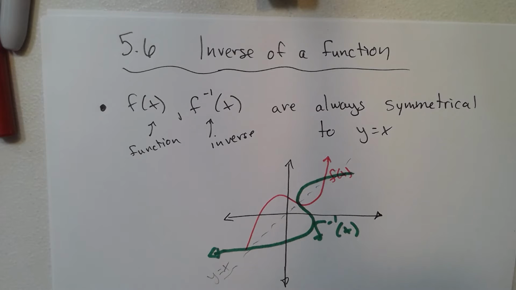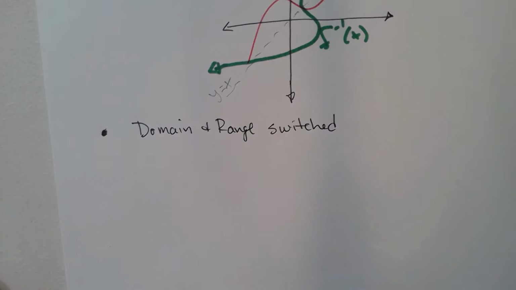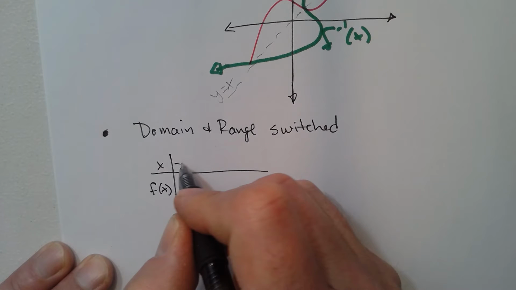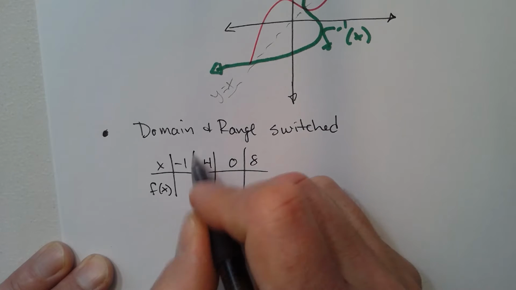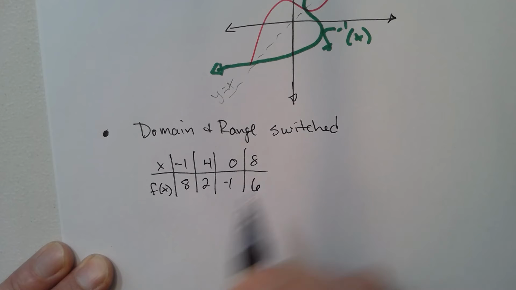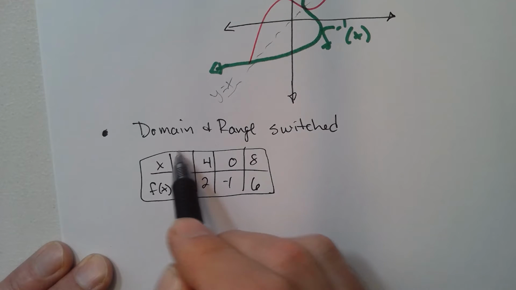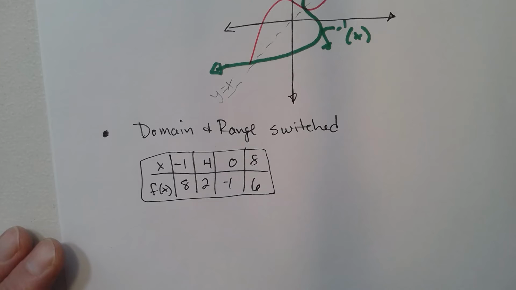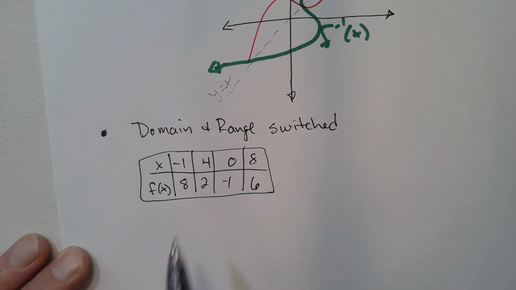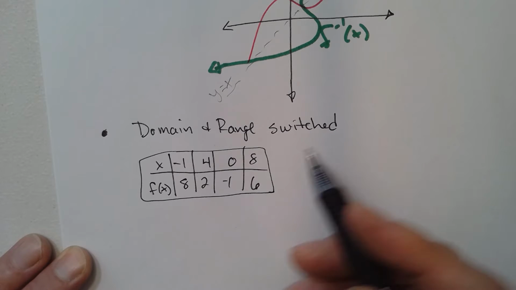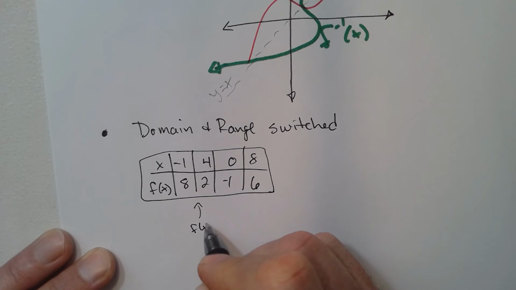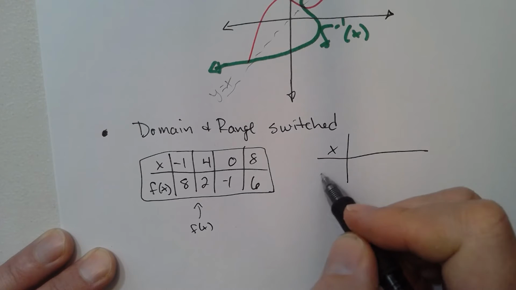and the range are switched. So I'll give you an example of that. So if I know that this is my original function, so my original function is just f of x here, and all it is is 4 dots on the graph. Literally just (-1, 8), (4, 2), (0, -1), and (8, 6). If I ask you to tell me what the inverse is, this is f of x, then the inverse, so x, f inverse of x,